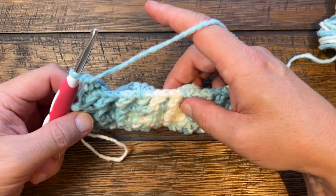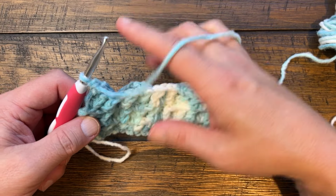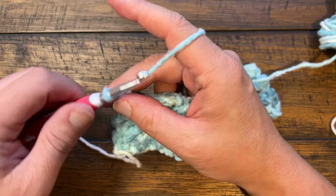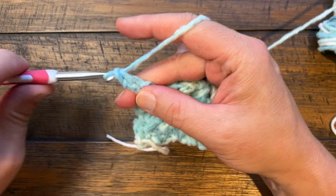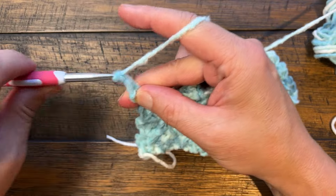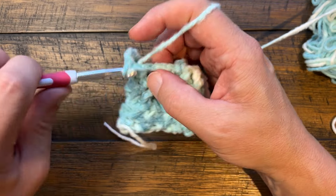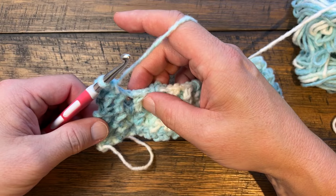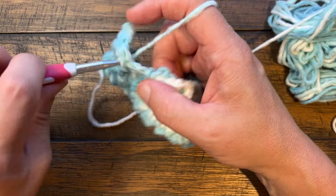To do the final edge, we are just going to slightly change the stitches so that we don't create a really big gap. So we're going to chain 1 and we'll single into the next, or to the first single. Chain 1, and instead of double crocheting into the next double, we just single crochet in and it will make it a lot shorter. So chain 1, skip 1, single to the next double,